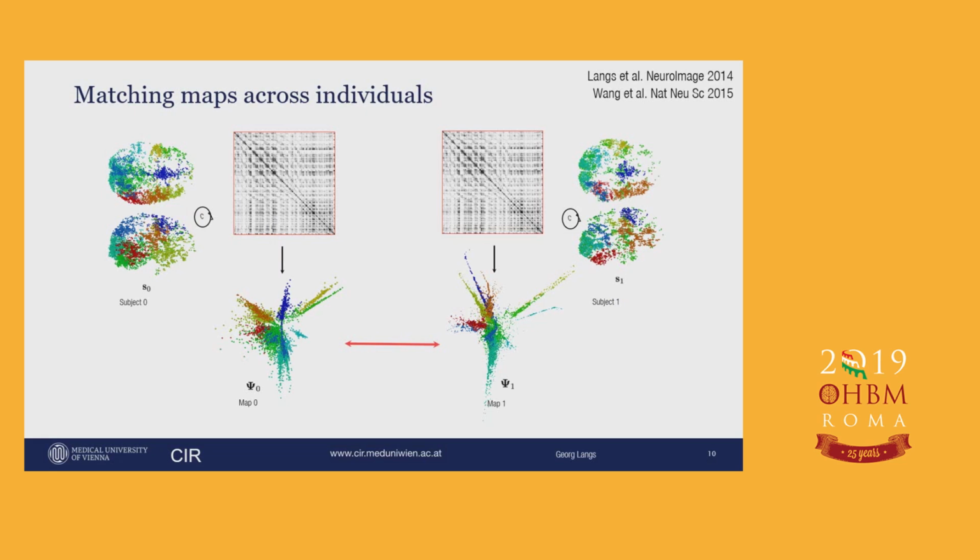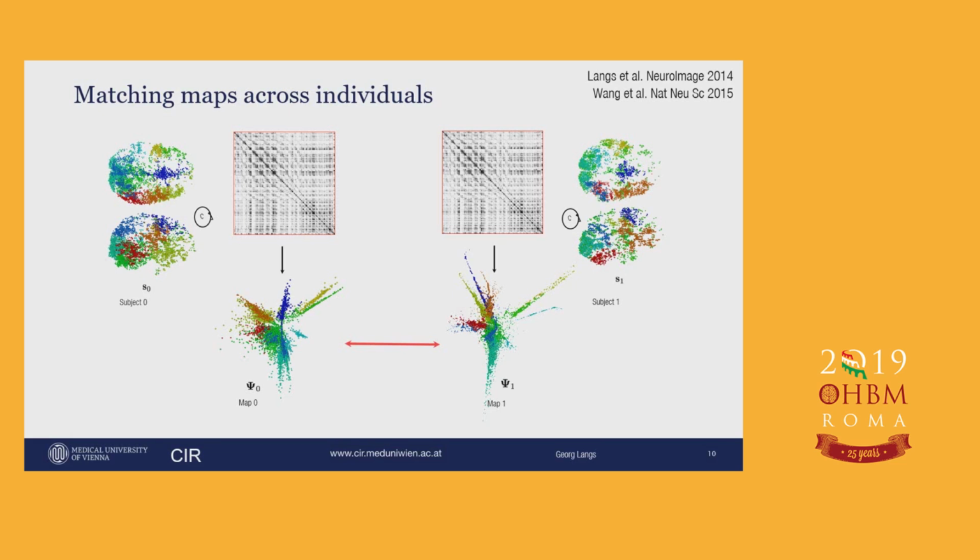So this is one of our very early results of work that was mostly motivated by trying to track reorganization processes in tumor patients. And the insight was that when you do this embedding of connectivity for individuals, the resulting representations are stable and similar enough so that you can do registration in this embedding space, that you can establish correspondences based on how different points on different individuals share similar connectivity